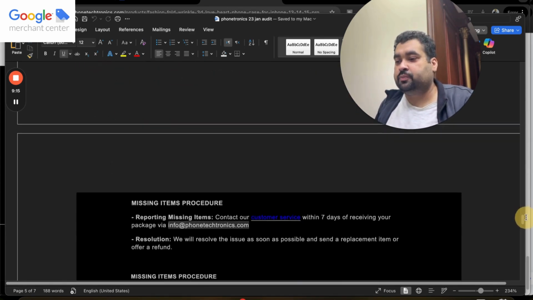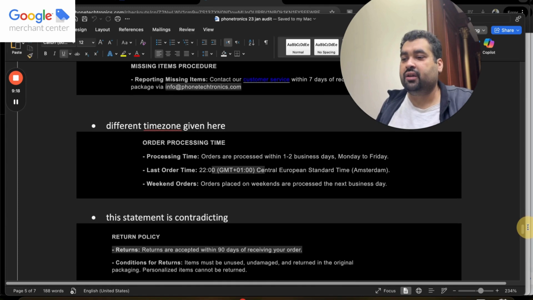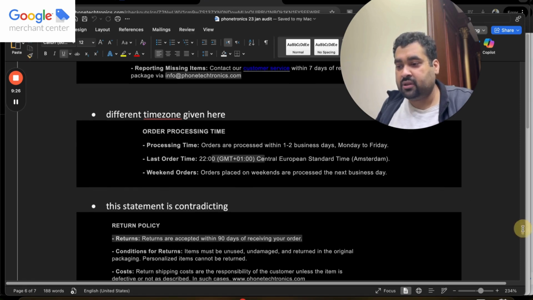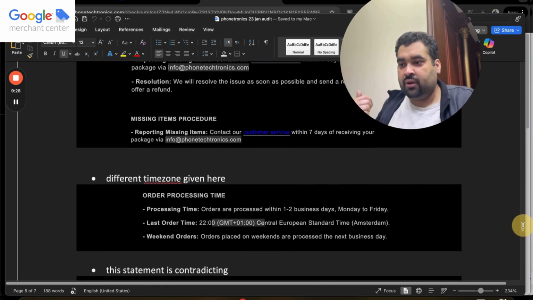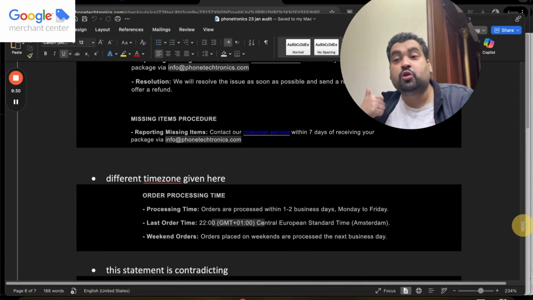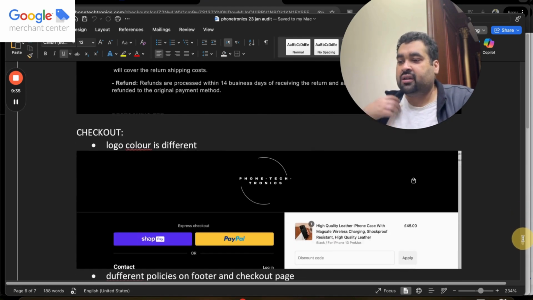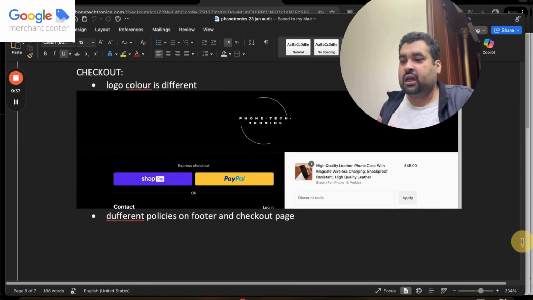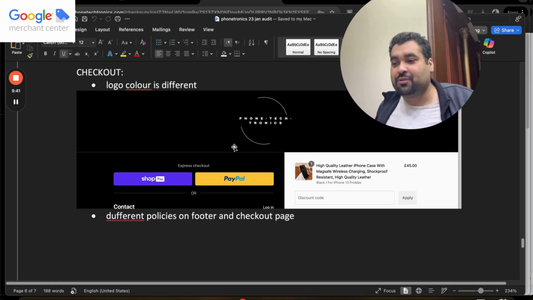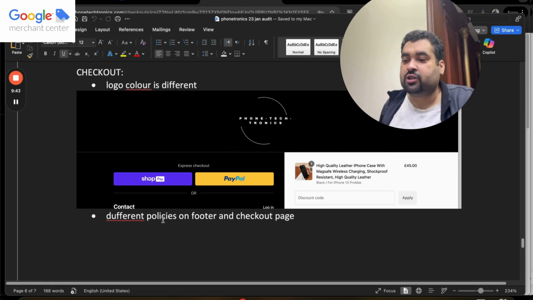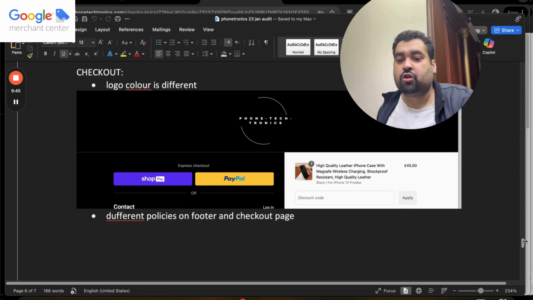On the shipping page, you can see different time zones present, like the last order time. Over here it's GMT+1, and then they are saying Central European Standard Time and Amsterdam, and on other pages of the website the time zone did not reflect, so this causes confusion. Again, the statement is contradicting. When they're doing the checkout, the logo actually becomes different, so this also causes